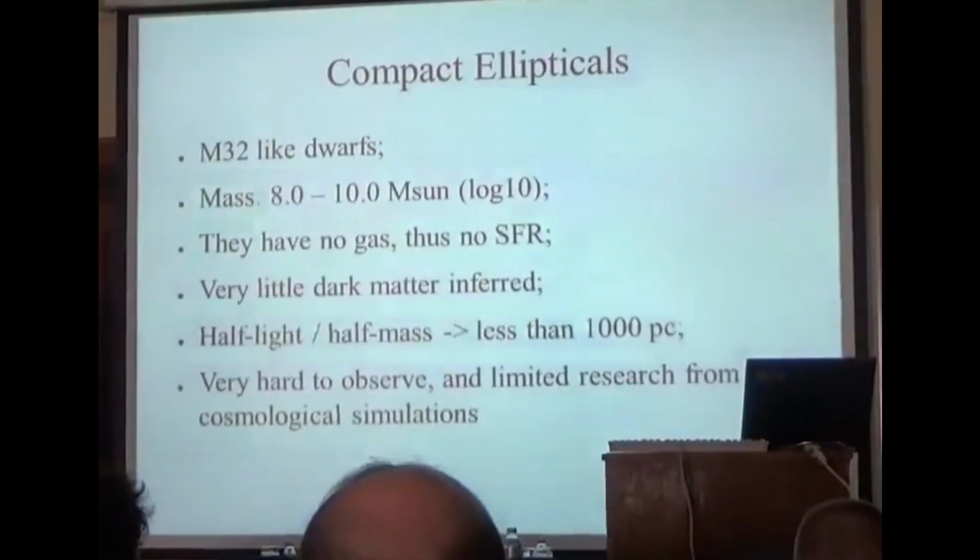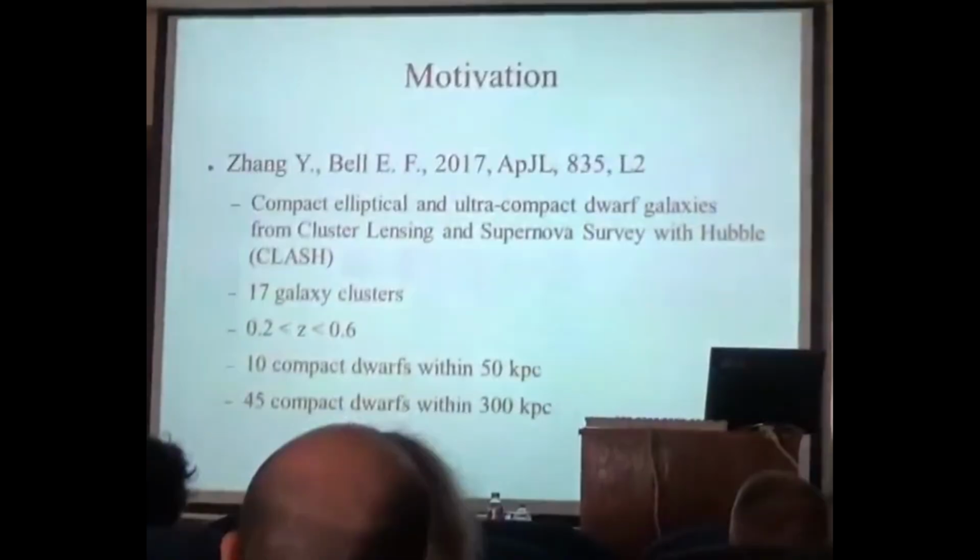So they are very hard to observe, in the sense that for a very long time only a couple of M32-like objects were observed, and considering that the resolution of cosmological simulations was not high enough, they were probably not simulated either. But that all changed in the past 10 years or so. A lot of them have been discovered observationally.